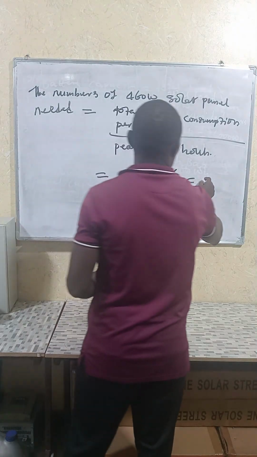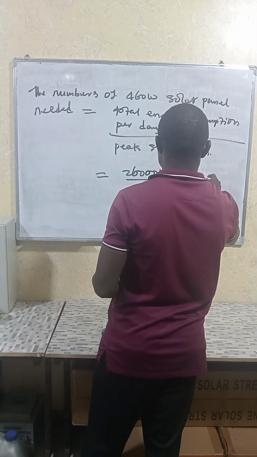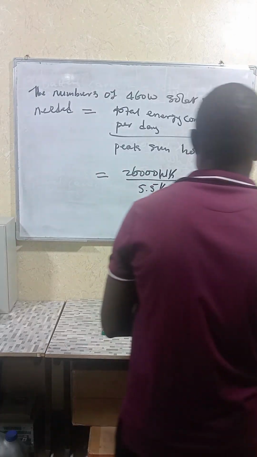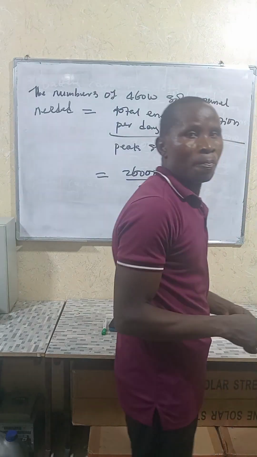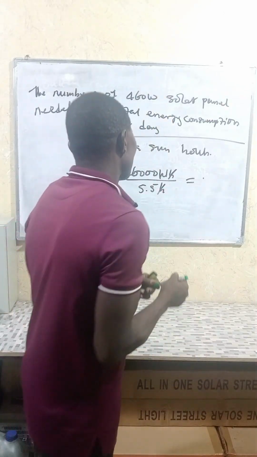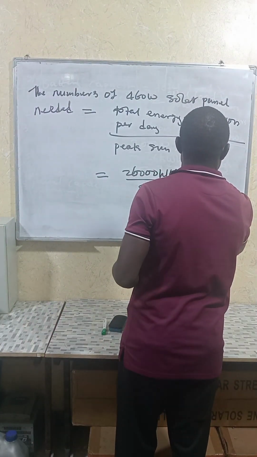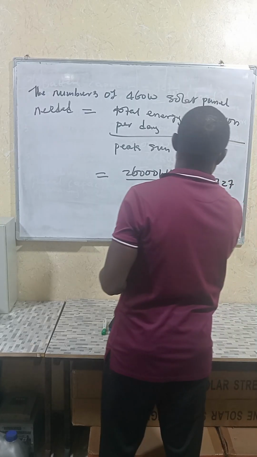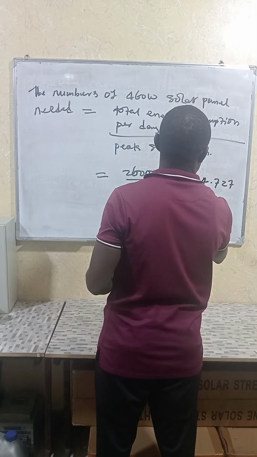By the time you divide it, it gives you 4.727, which is equal to approximately